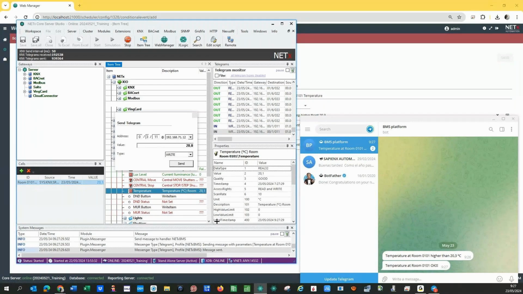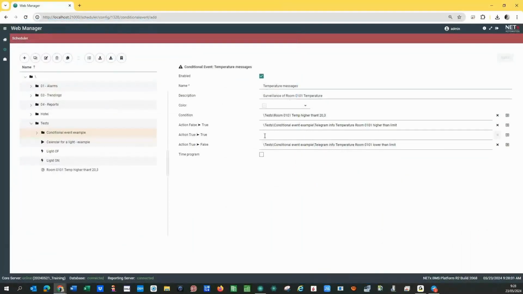But as you have seen, I only get a message when the condition is met and when the condition is not met, but not when the condition is met again and again, because in the configuration this is not configured, because I want to do this with a different action. That is the really nice and most interesting part of this event. In my opinion, this is one of the most interesting tools in the BMS platform at all for an integrator, because if this then do that,